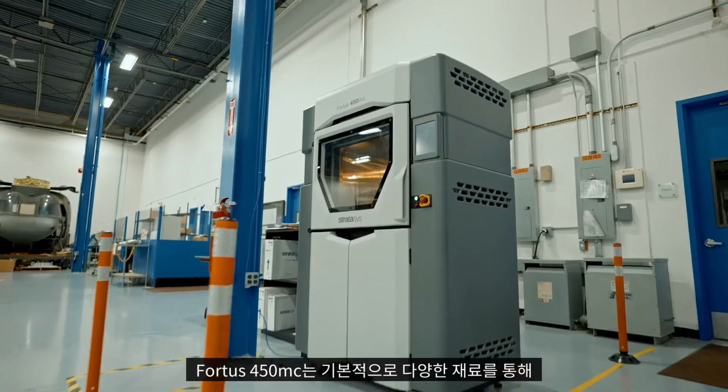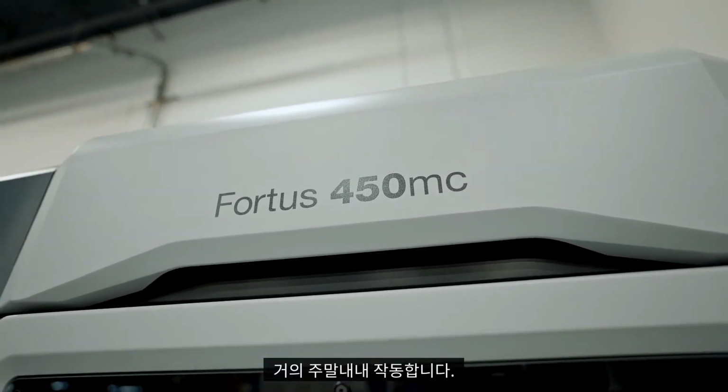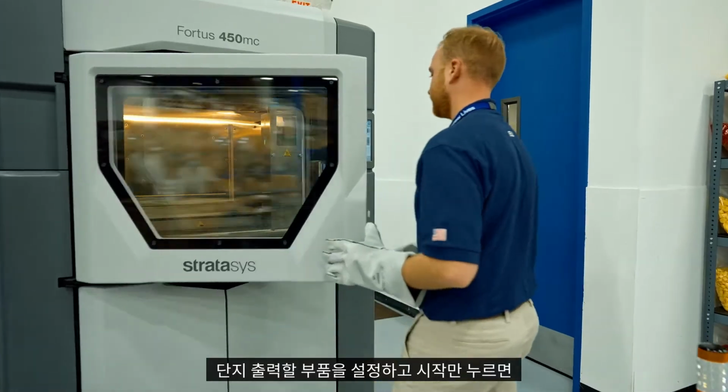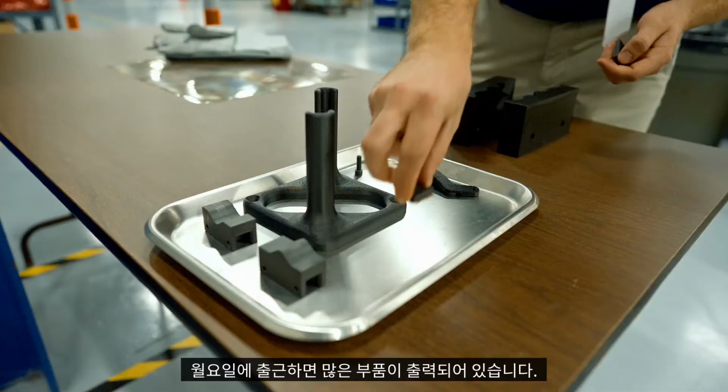So the Fortus 450 does basically all of our parts with its large material capacity to run all weekend almost, so we can really crank out very large parts. The set it and forget it aspect of the 450 allows us to just run the parts. It's a seamless operation. You go home on Friday, hit print, come in on Monday, we have a lot of